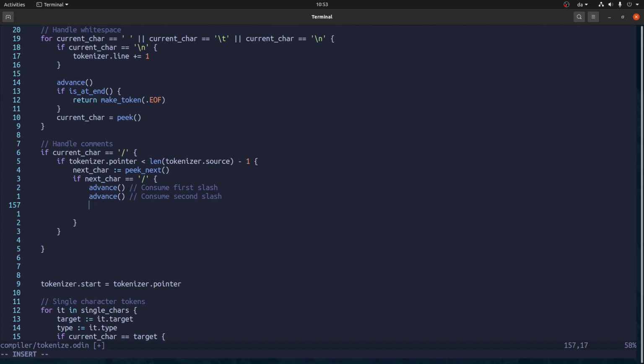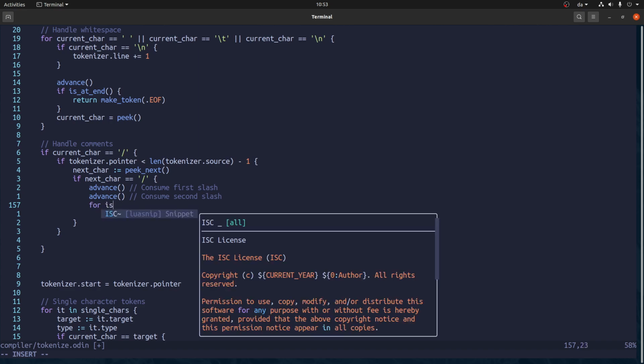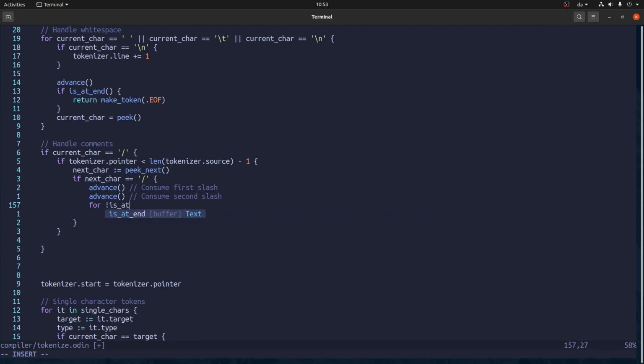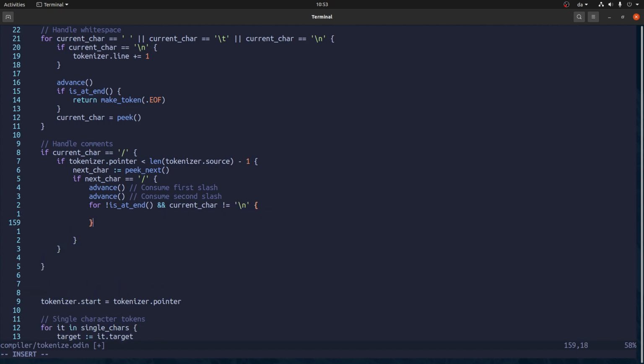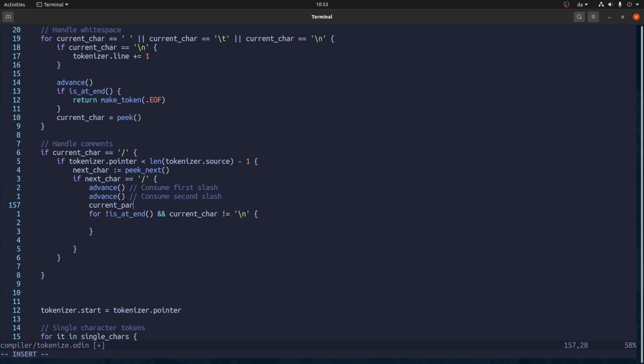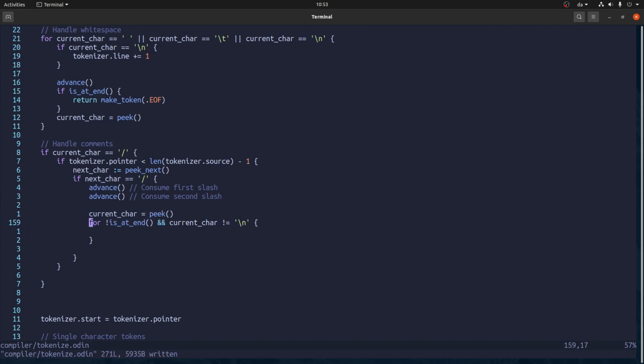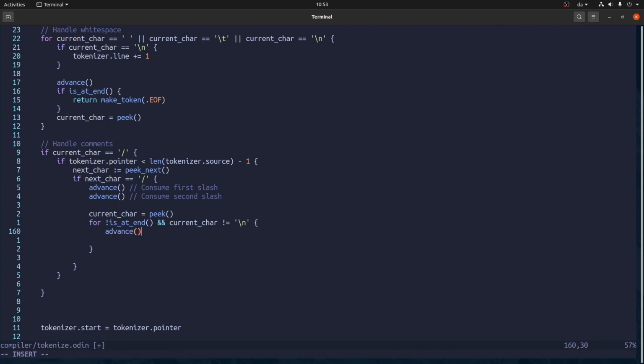And now, for as long as we're not at the end and the current character is not a new line, then we gotta do some stuff. But first, let's make sure the current character is updated. So we're not at the end, which means we can advance.